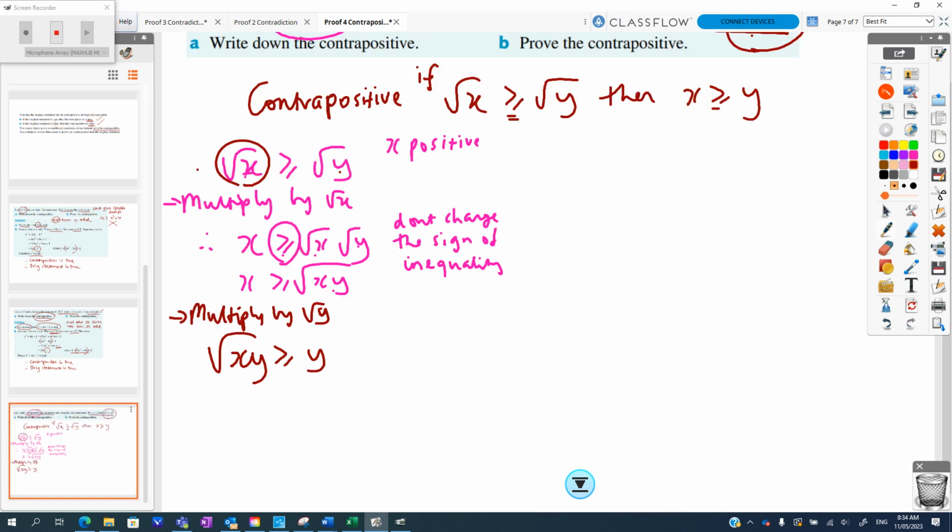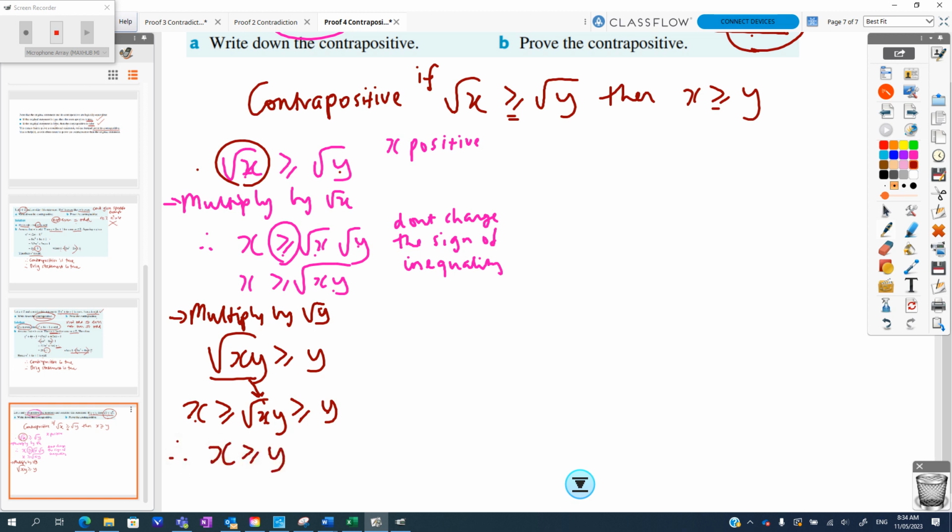And so now we've got x is greater than or equal to root xy, and root xy is greater than or equal to y. So x is greater than root xy is greater than y, so therefore x is greater than or equal to y,